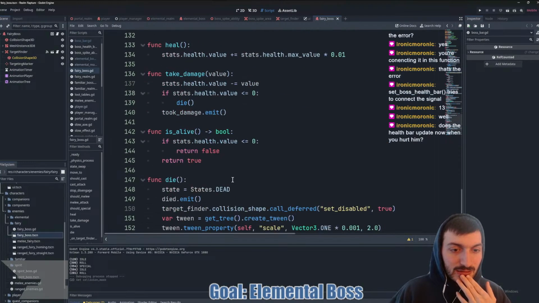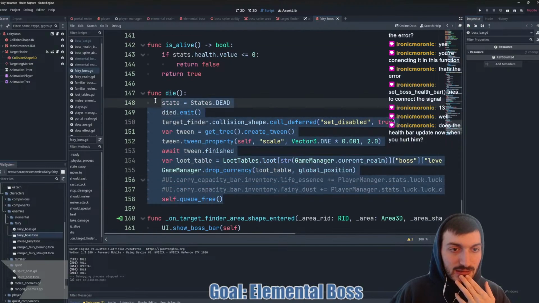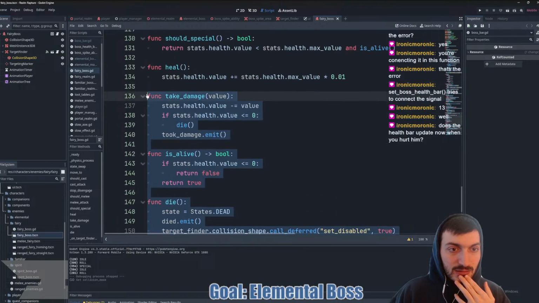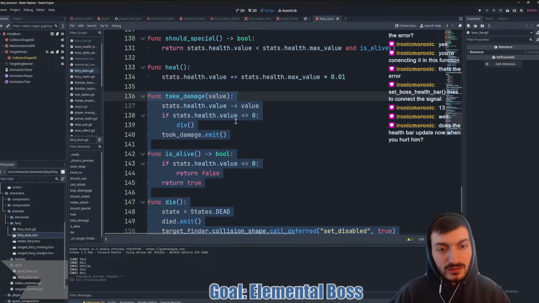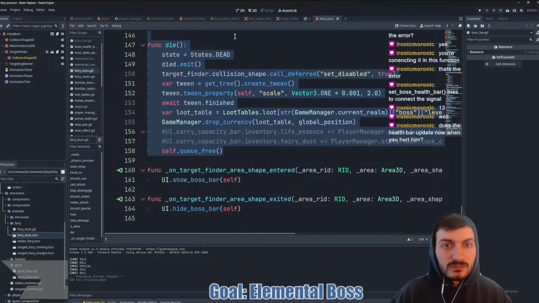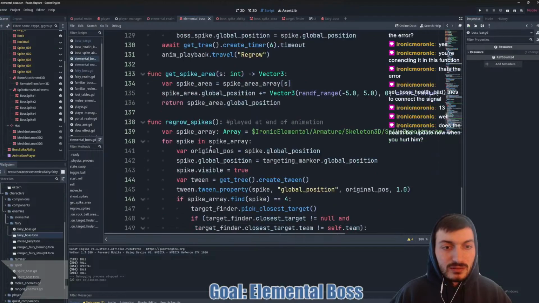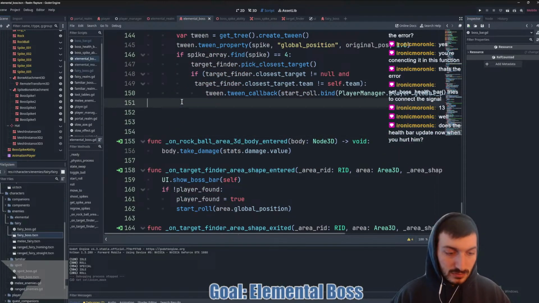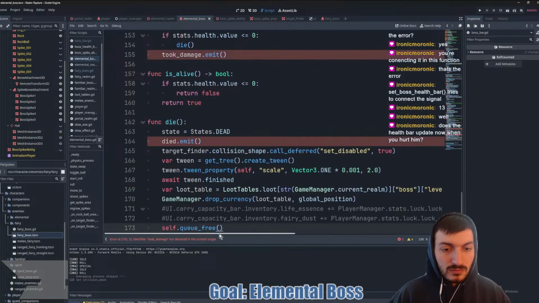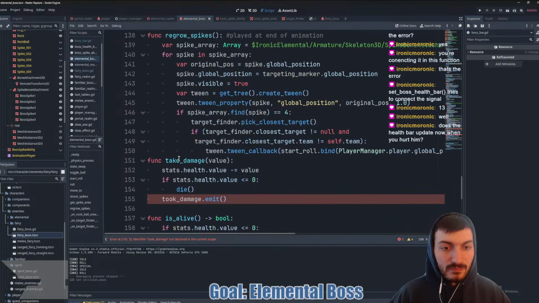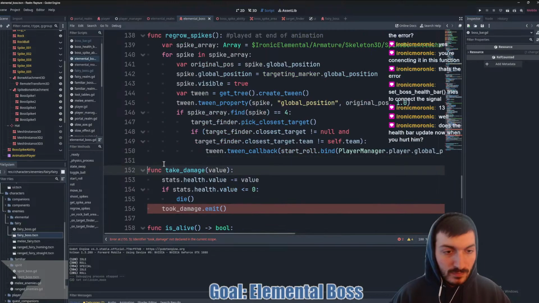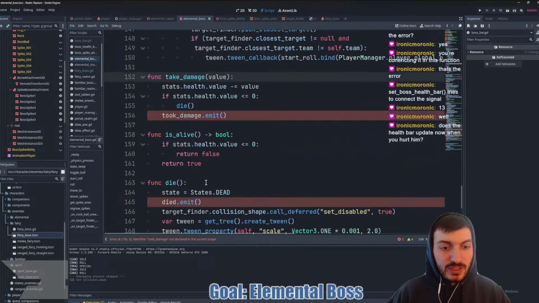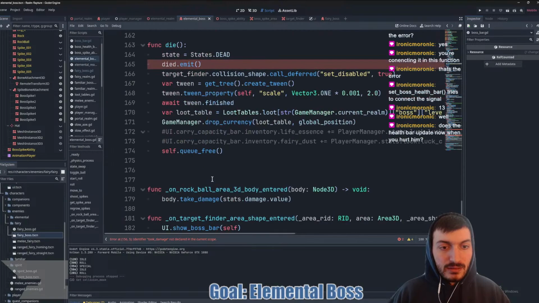So we need just these three functions here. Elemental boss. All right, take damage. So we need took damage, died.